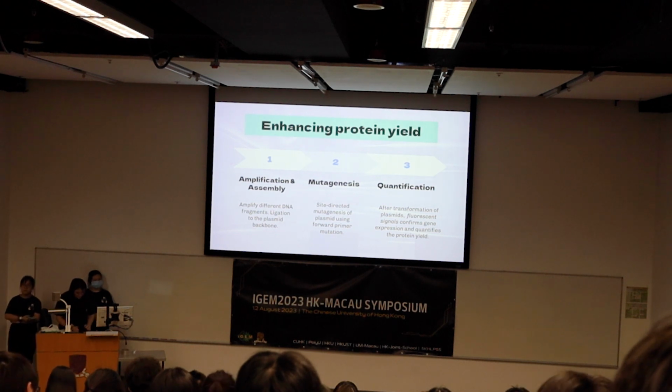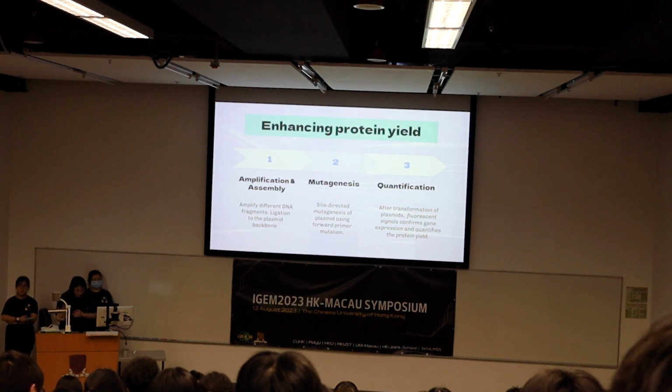And last but not least, we will also measure the protein concentration quantitatively by including reporter proteins. That's GFP, CFP, and YFP. And these reporter proteins will emit a fluorescent signal